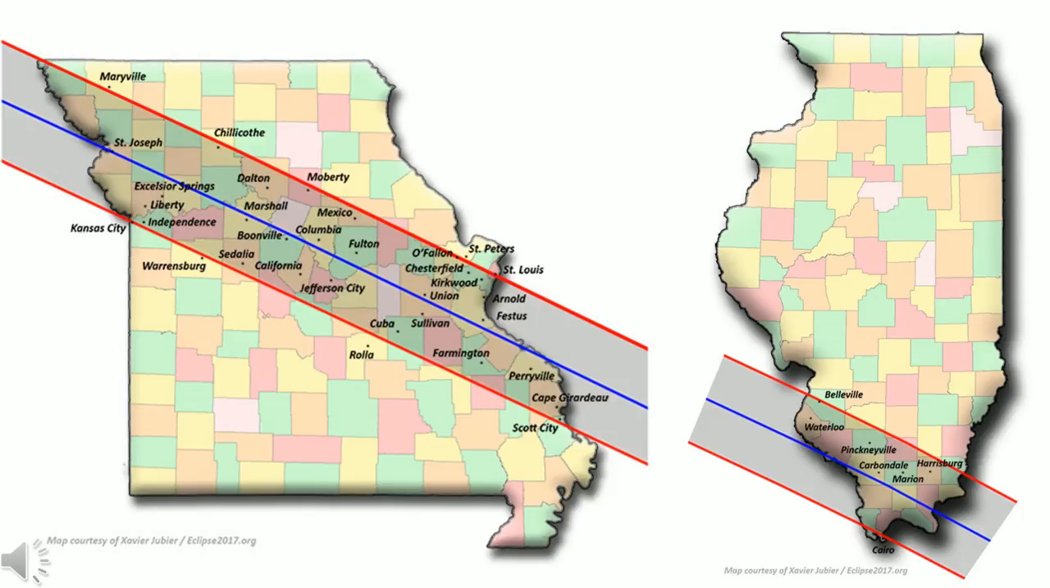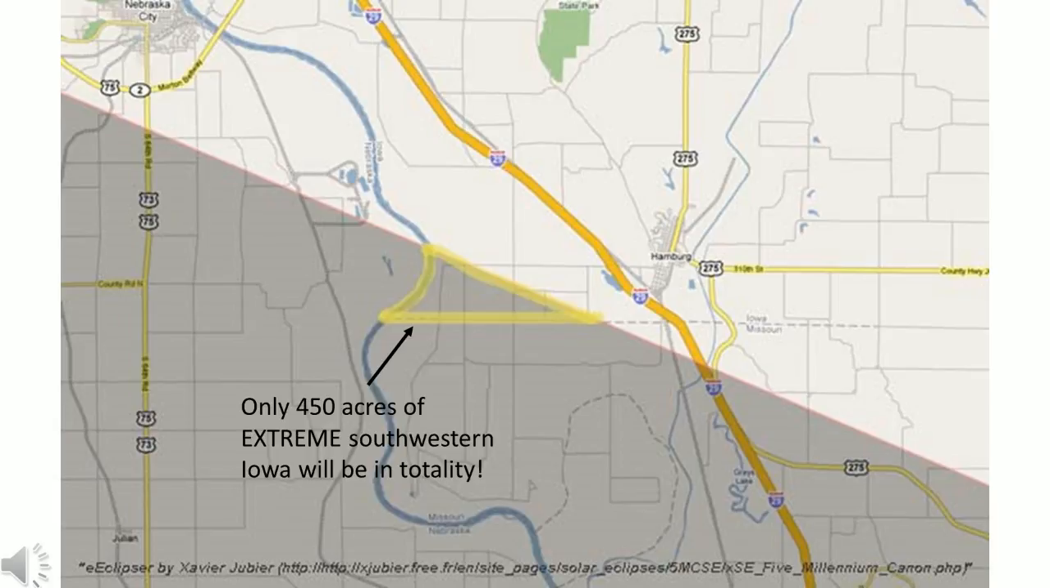Although the Quad Cities area itself is not going to experience totality, there is a part of Iowa that will be experiencing totality. And here it is, about 450 acres of the extreme southwestern corner of Iowa, including a few back roads and no towns whatsoever. So if you feel like a challenge,